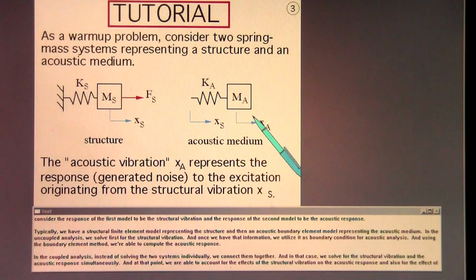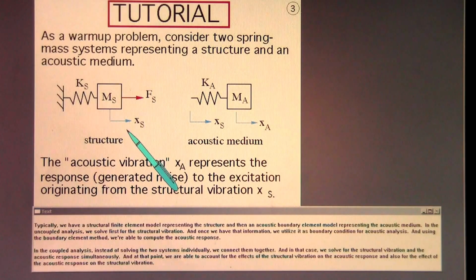Typically, we have a structural finite element model representing the structure, and then an acoustic boundary element model representing the acoustic medium. In the uncoupled analysis, we solve first for the structural vibration, and once we have that information, we utilize it as boundary condition for our acoustic analysis, and using the boundary element method, we are able to compute